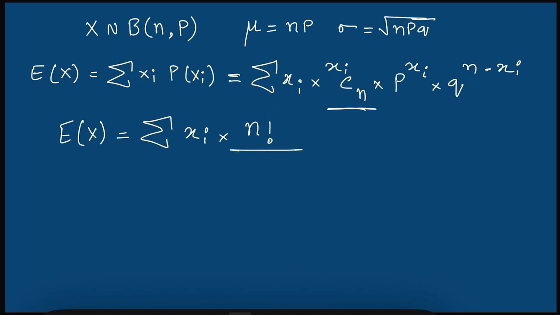If we extend the formula, it comes to be n factorial divided by xi factorial multiplied by n minus xi factorial. Okay, so first of all, let's write the full equation,